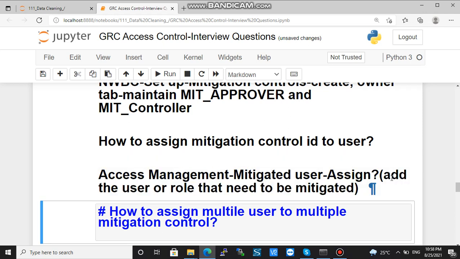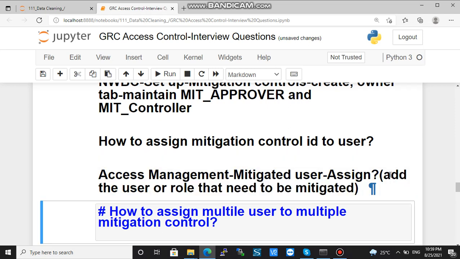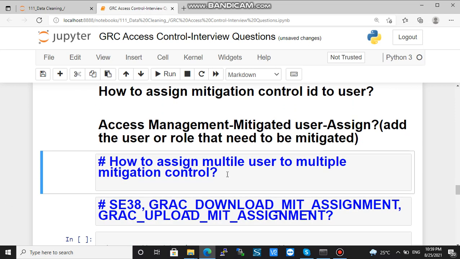So one crucial question is how to do the mitigation, or how to assign a mitigation control ID to a user. Once again, the path is access management, mitigated user, assign, and add the user or role that needs to be mitigated.